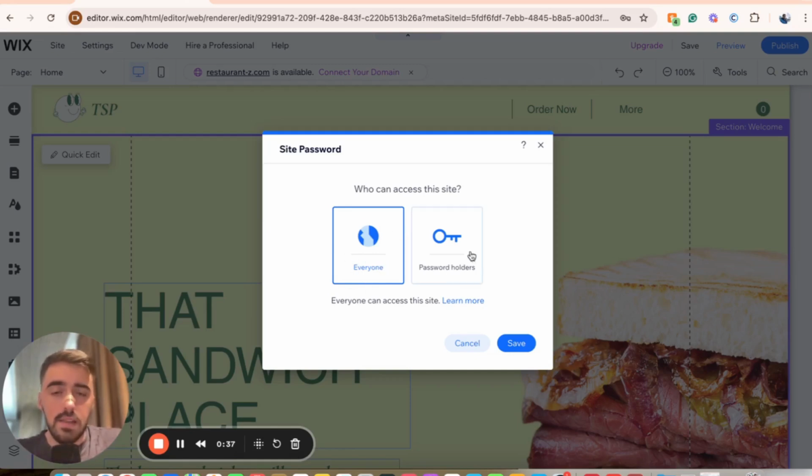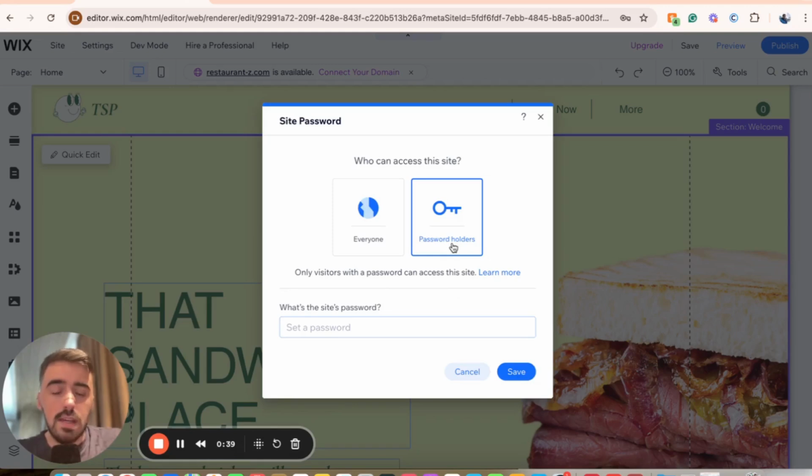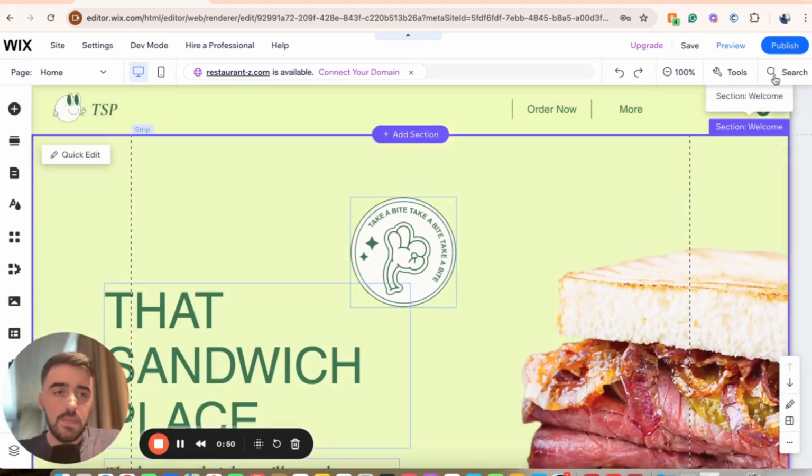So as you can see at the moment, your website is most likely set to everyone right here. And then what you want to do is click password holders, and then it's going to ask you to set a password for your website. Now, there's no restrictions right here or any requirements. You can do the password to whatever you want. I'm just going to write the word cool, and then I'm going to click on save,